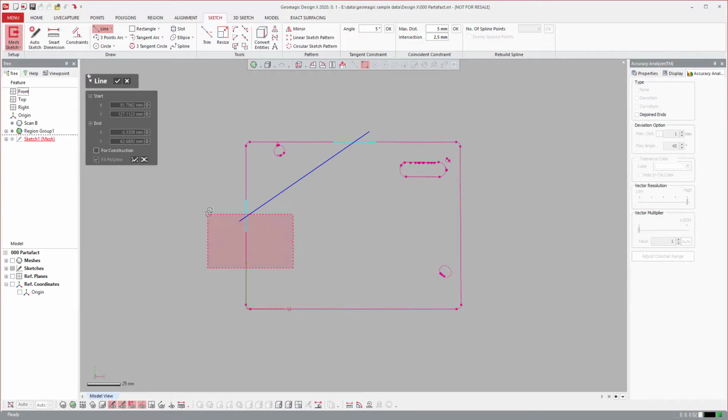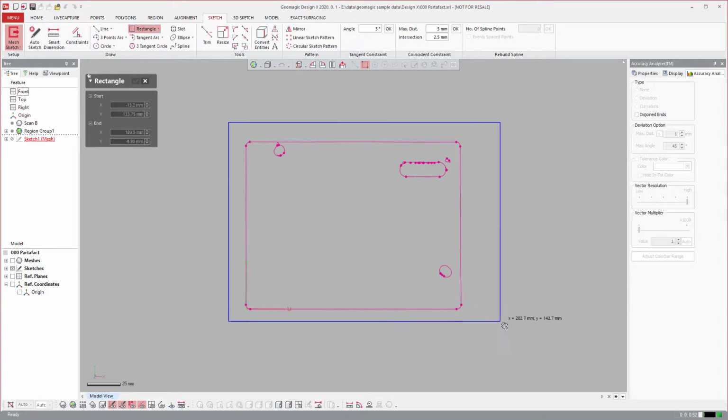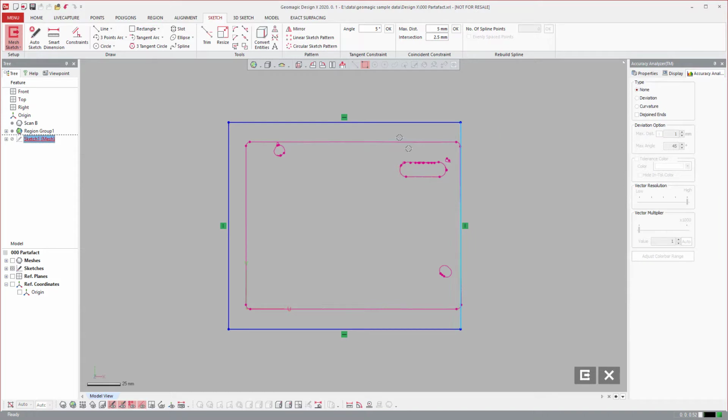Now obviously I don't want to create that, so if I just deselect it, I can accept that line. I could design it this way by going around and designing things in position and trimming them together. I could also just drag out a rectangle and snap it if I want to,